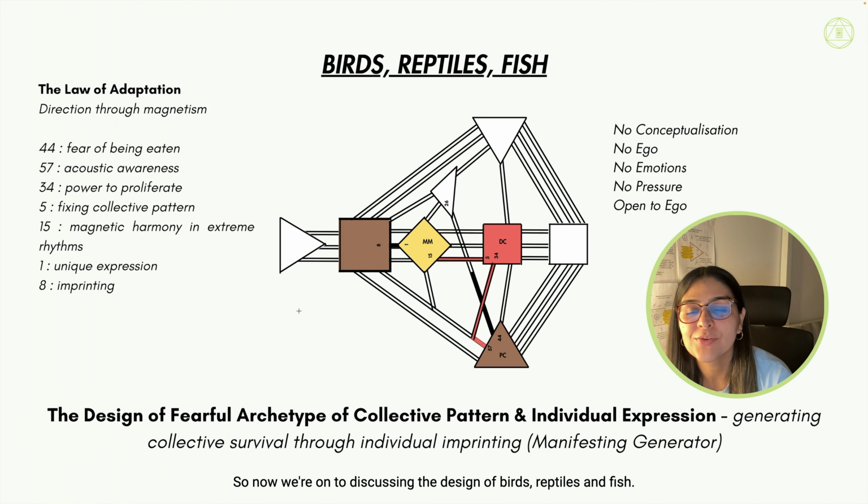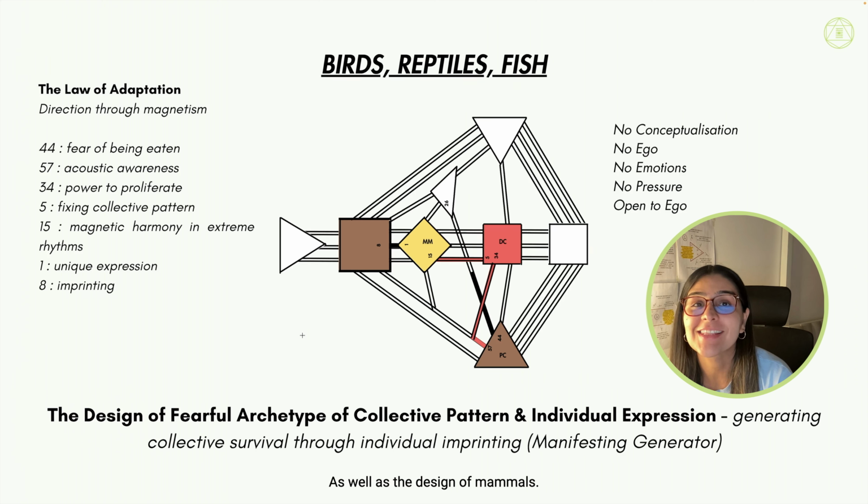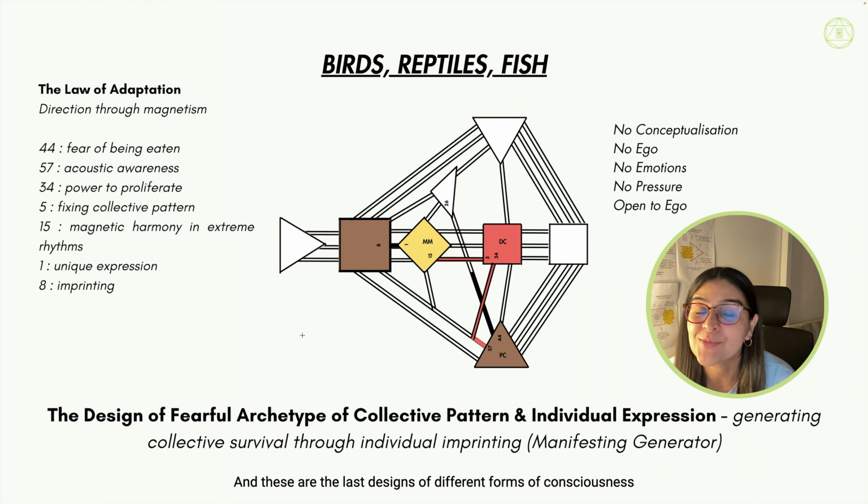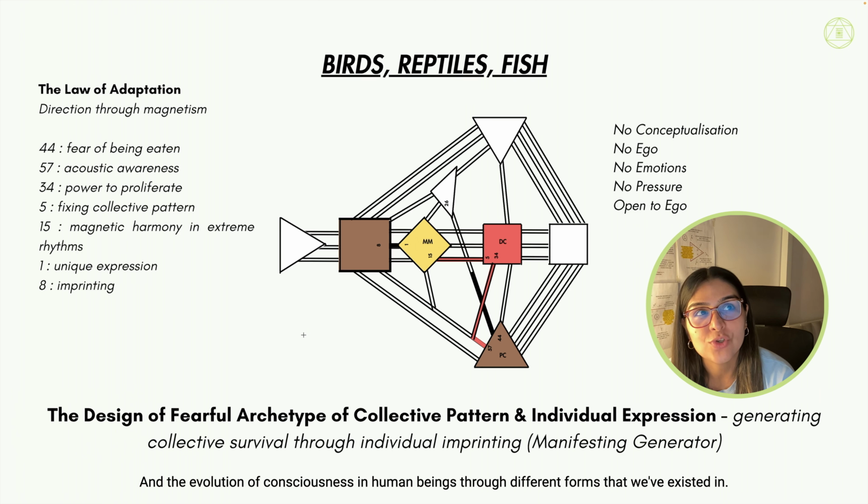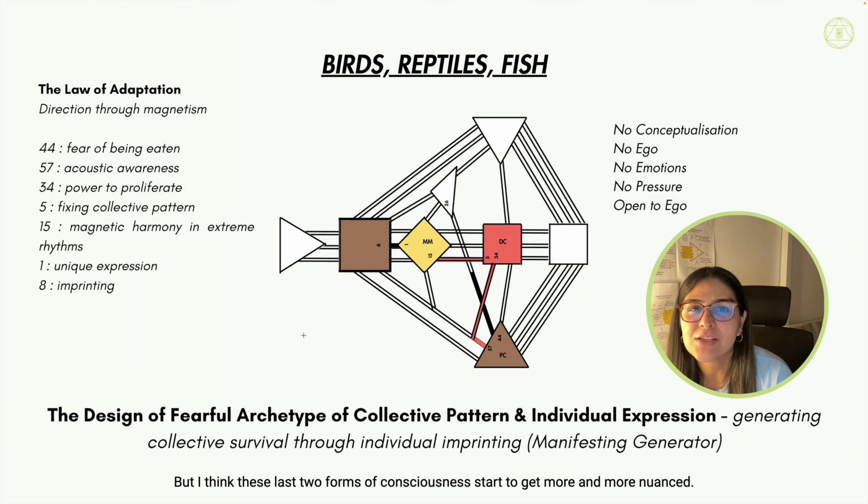So now we're on to discussing the design of birds, reptiles, and fish, as well as the design of mammals. And these are the last designs of different forms of consciousness that we're going to discuss before we get to discussing mankind, human beings, and the evolution of consciousness in human beings through different forms that we've existed in. But I think these last two forms of consciousness start to get more and more nuanced and interesting because